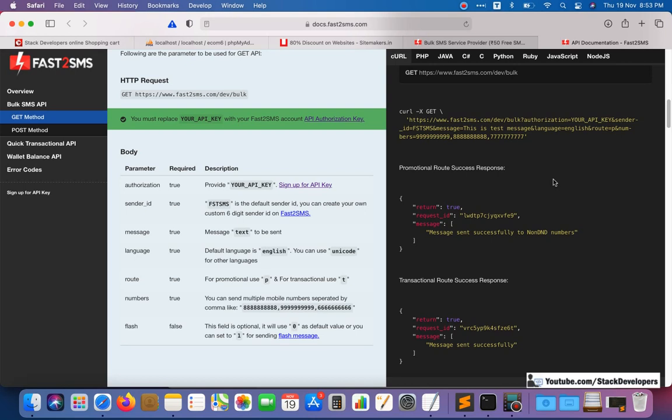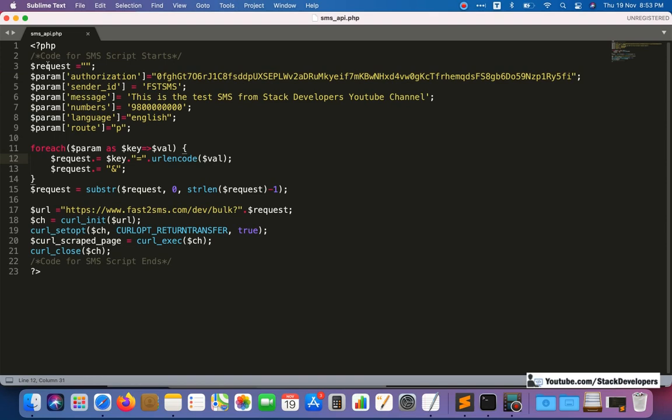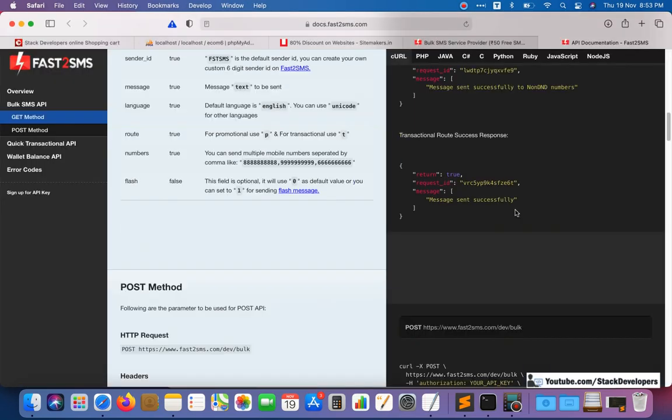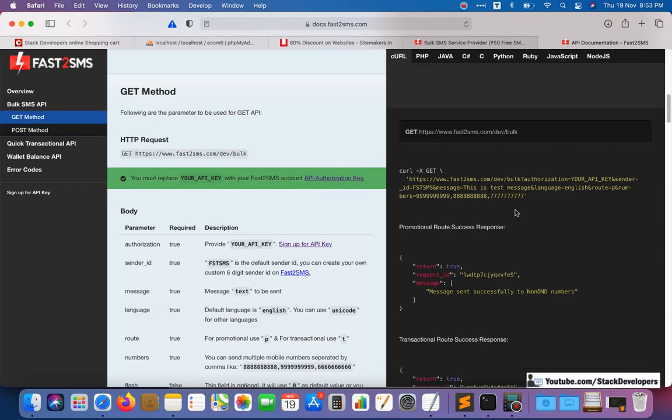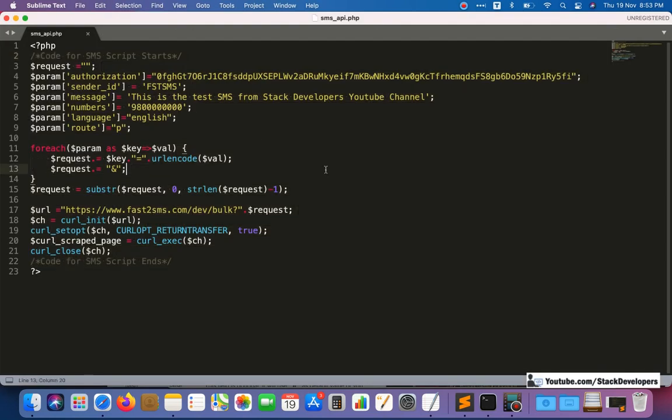You got the SMS package, now you want to integrate. Also, I have provided you the free curl script. This is the free curl script, not provided by the SMS package; they will not provide you this. I have provided you this third party script. The only thing is you need to replace your authorization, replace your sender ID, and integrate this third party script in your website. That we are going to do right now.